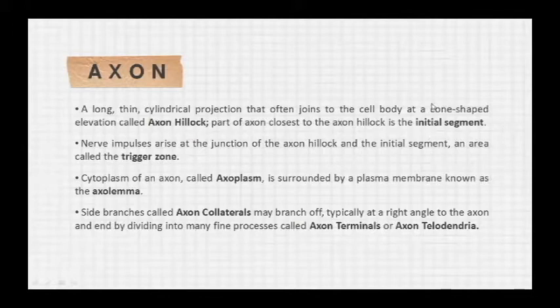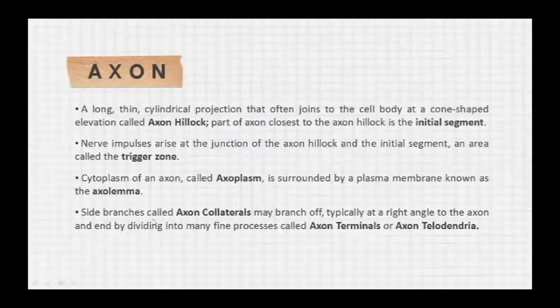And the nerve impulses that arise at the junction of the axon hillock and initial segment are called the trigger zone, while the cytoplasm of an axon is called axoplasm and is surrounded by plasma membrane that is also called